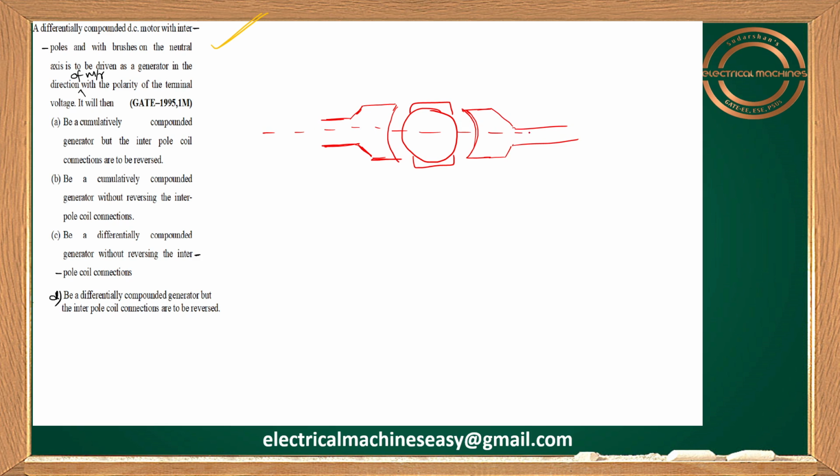This axis can be called the D axis, the direct axis. And between these main poles, this axis can be called the quadrature axis. Everybody knows the quadrature axis. If you remember clearly from the armature reaction in our first video, so I took this pole